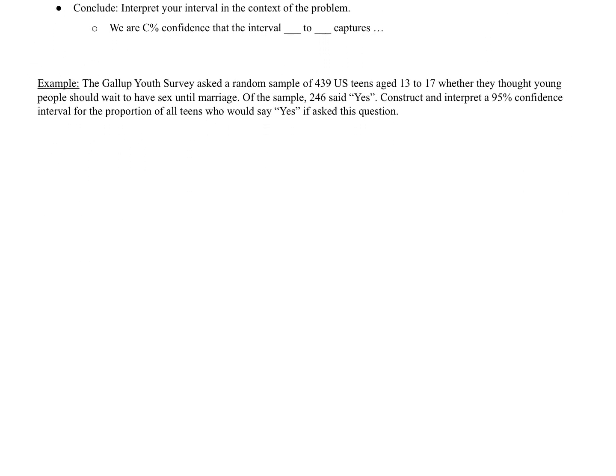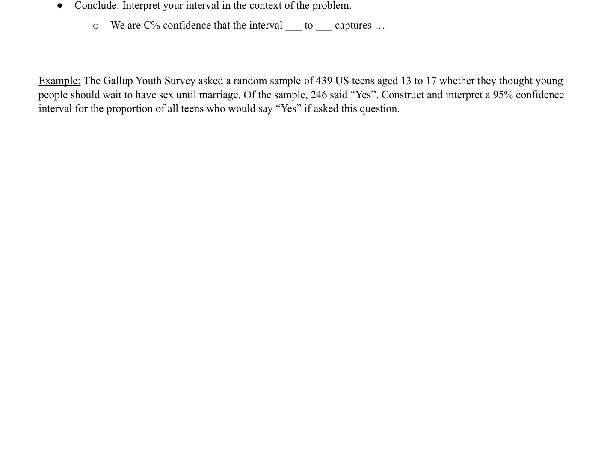So let's do an example. The Gallup Youth Survey asked a random sample of 439 U.S. teens aged 13 to 17 whether they thought young people should wait to have sex until marriage. Of the sample, 246 said yes. Construct and interpret a 95% confidence interval for the proportion of all teens who would say yes if asked this question. So our parameter that we're trying to look at, so p,